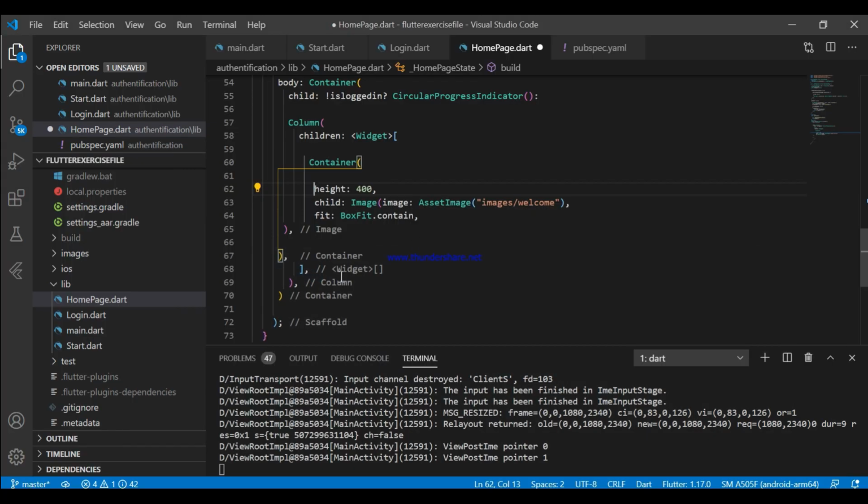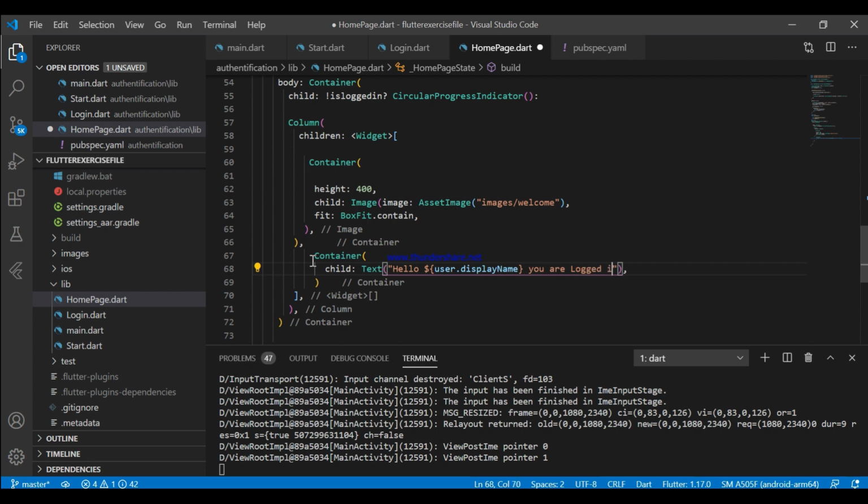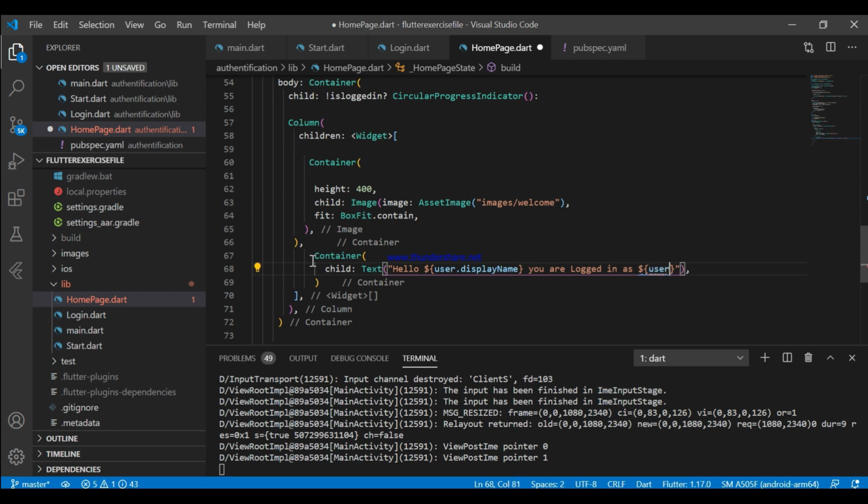This is what I'm talking about. If you are familiar with that, you know what I'm doing right now. I'm just displaying the name and email of the user.